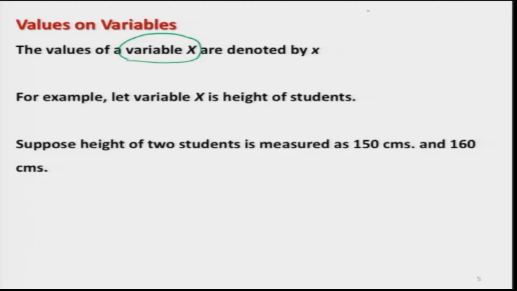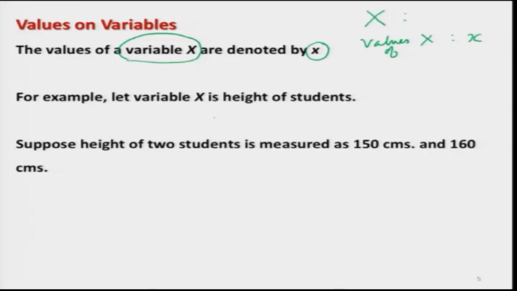So, the value of the age will always be denoted by the corresponding small letters. So, if I have denoted the random variable by x, then the values which x is going to take are denoted by small x, like here. So, the value of the ages of those children will be denoted as small x.